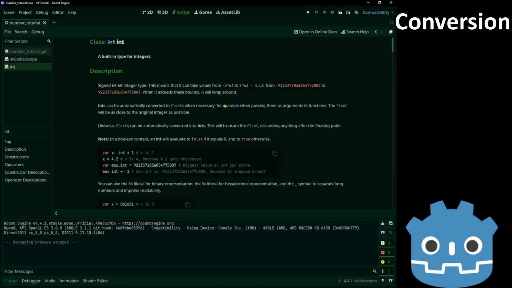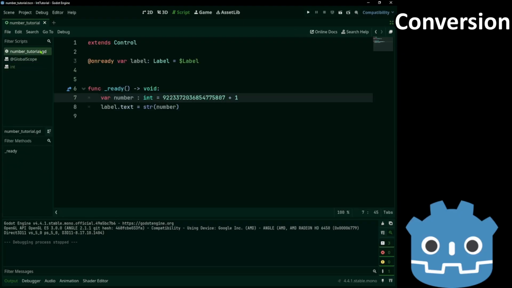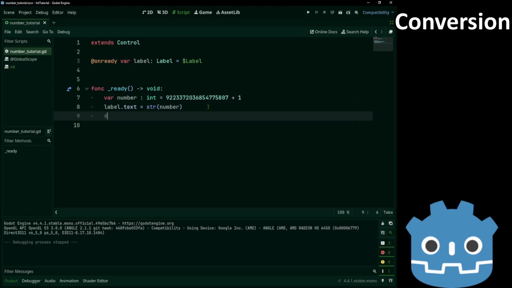Integers can also turn into float for methods. We'll see floats in the next video. The float will be as close as possible to the int. That is a precision error with computers in general. Let's say 1 could be represented as 1.000 and then 1 at the end. Sometimes floats don't represent the correct value. There will be an example in the next video.